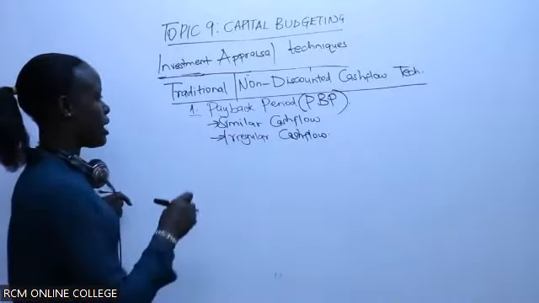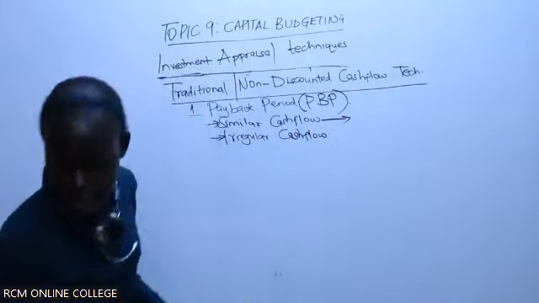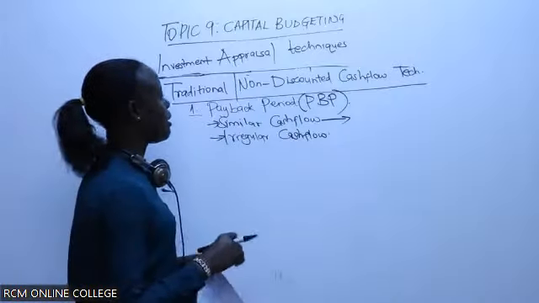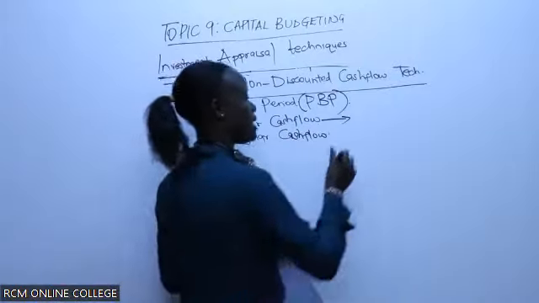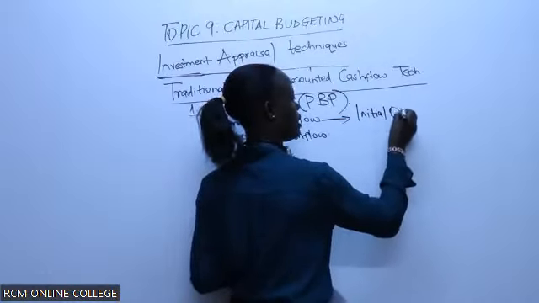So I want us first to look at the similar cash flow. With a similar cash flow, to calculate the payback period, you just take the initial outlay. You get the initial outlay.